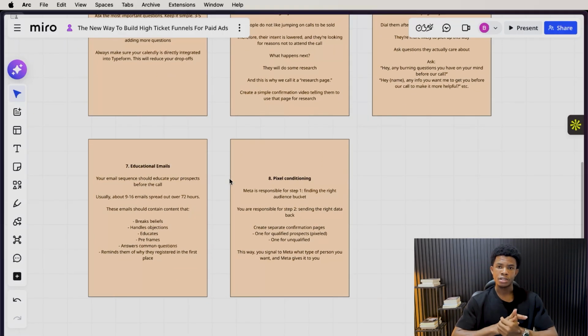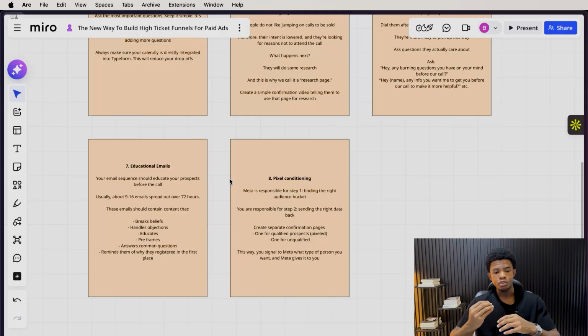And what really happens is a lot of people try to run ads, but they don't focus on the education part of the funnel. And this is a huge part, especially when you're running ads at a high volume. Let's say you're spending a couple $1,000s a day. This is where you really start to see the effects of educational emails. At lower ranges, it helps, but it doesn't really make much of an impact. A lot of your impact is going to be made through just a dialed in pre-call system.